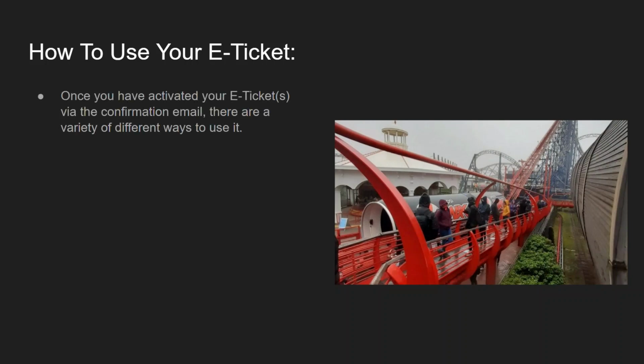So once you've activated your e-tickets via the confirmation email, there are a variety of different ways to use it. Of course, once you have booked the e-ticket online the way I showed you, you'll be given an email which will activate it. And whilst you're doing that, you do have to also put a picture of yourself in, so they know that the person holding the e-ticket hasn't stolen it from an email that they've hacked into